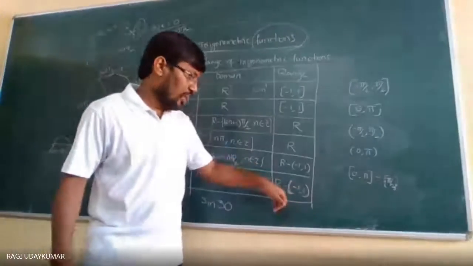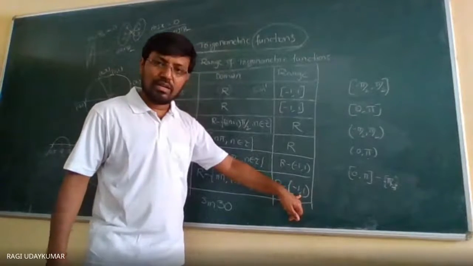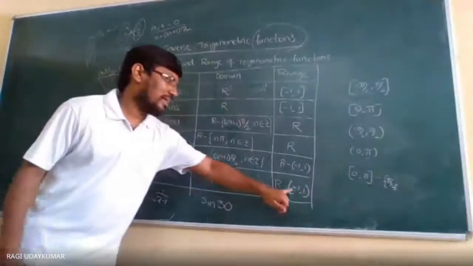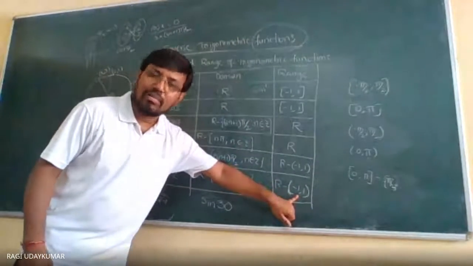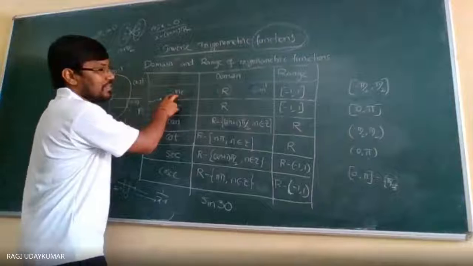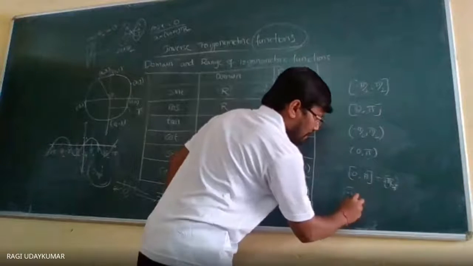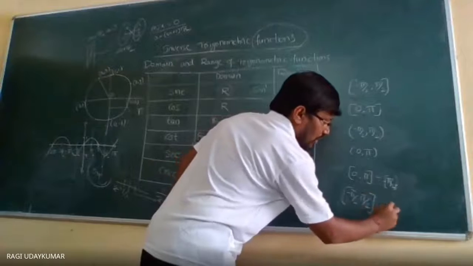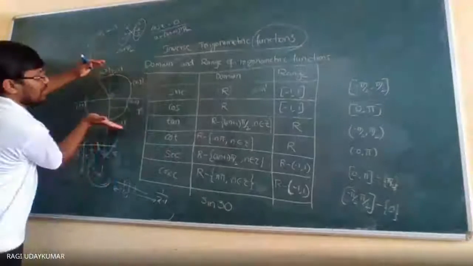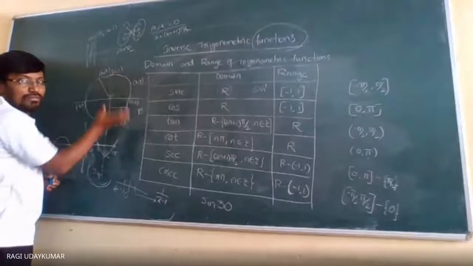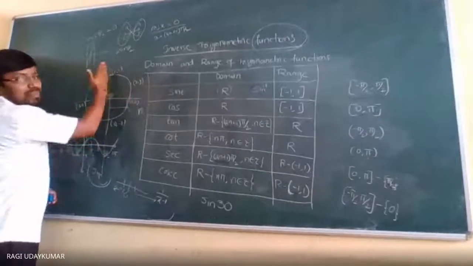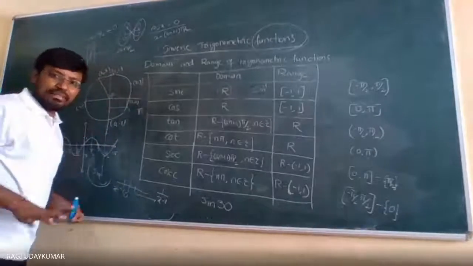So now here, r minus the open interval minus 1 to 1 will become the domain of the cosec inverse. Cosec is the reciprocal of sine. So for the sine function, minus pi by 2 to pi by 2 except 0. Why? Because minus pi by 2 to pi by 2 will be the range. Here only you are going to get the range: this is minus pi by 2 and this is pi by 2.